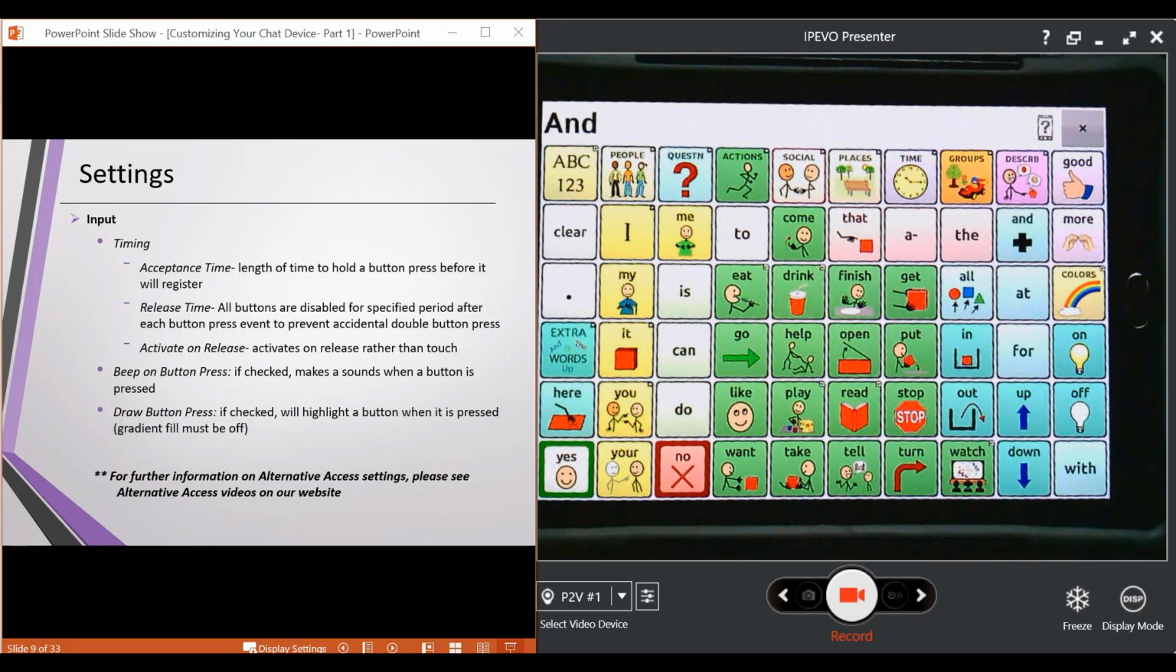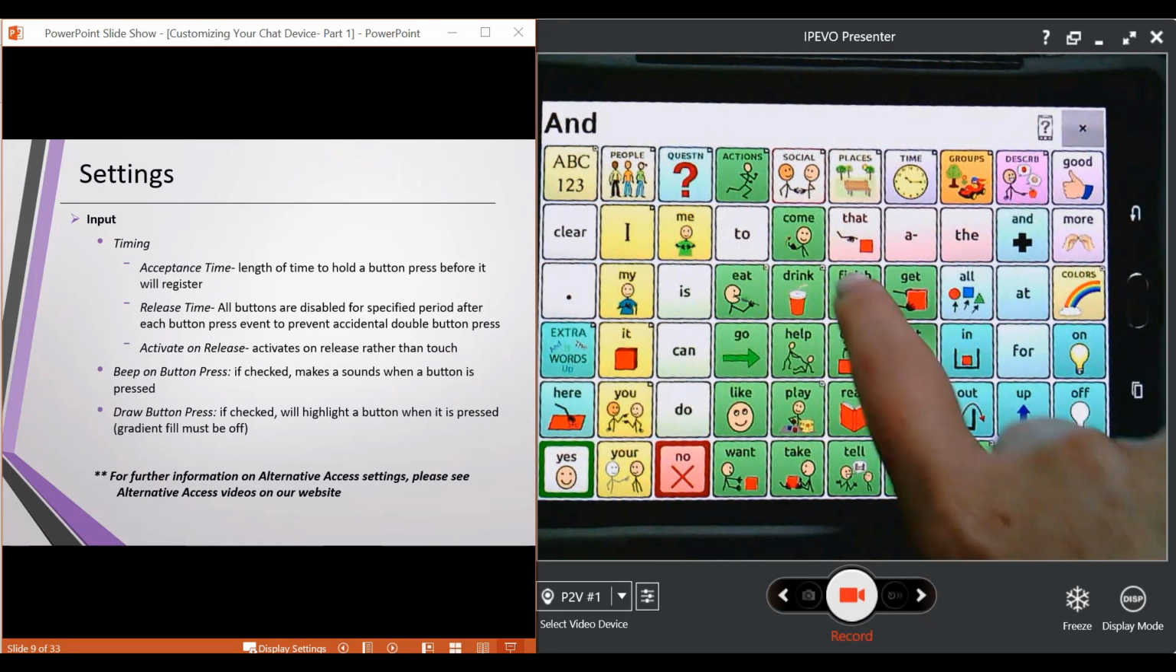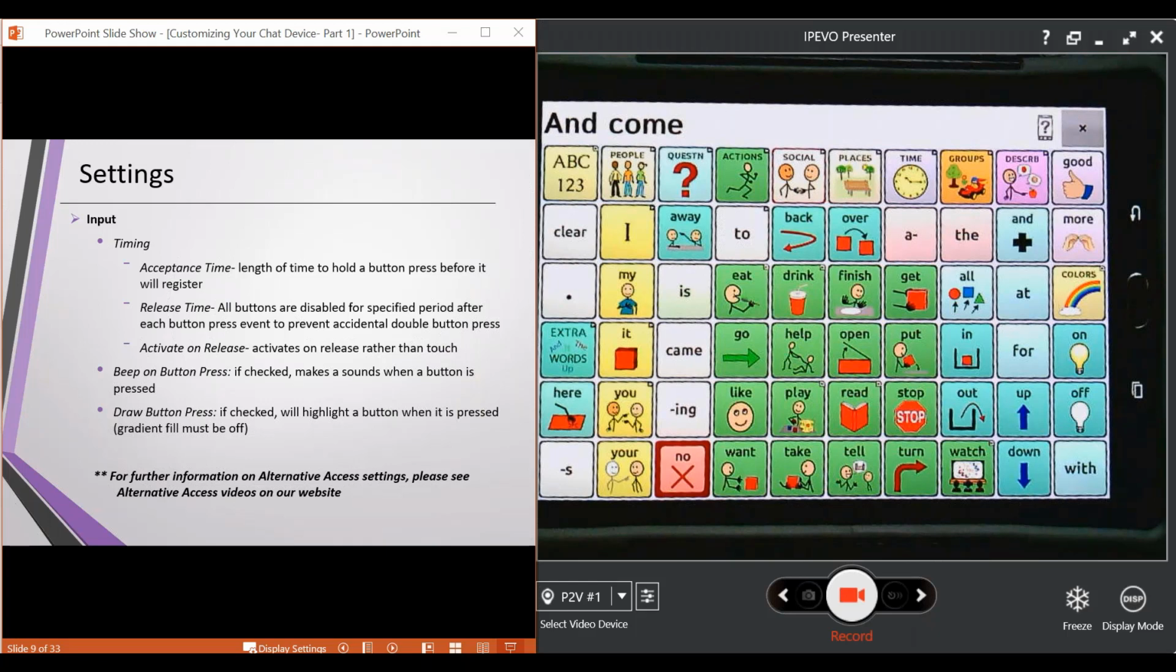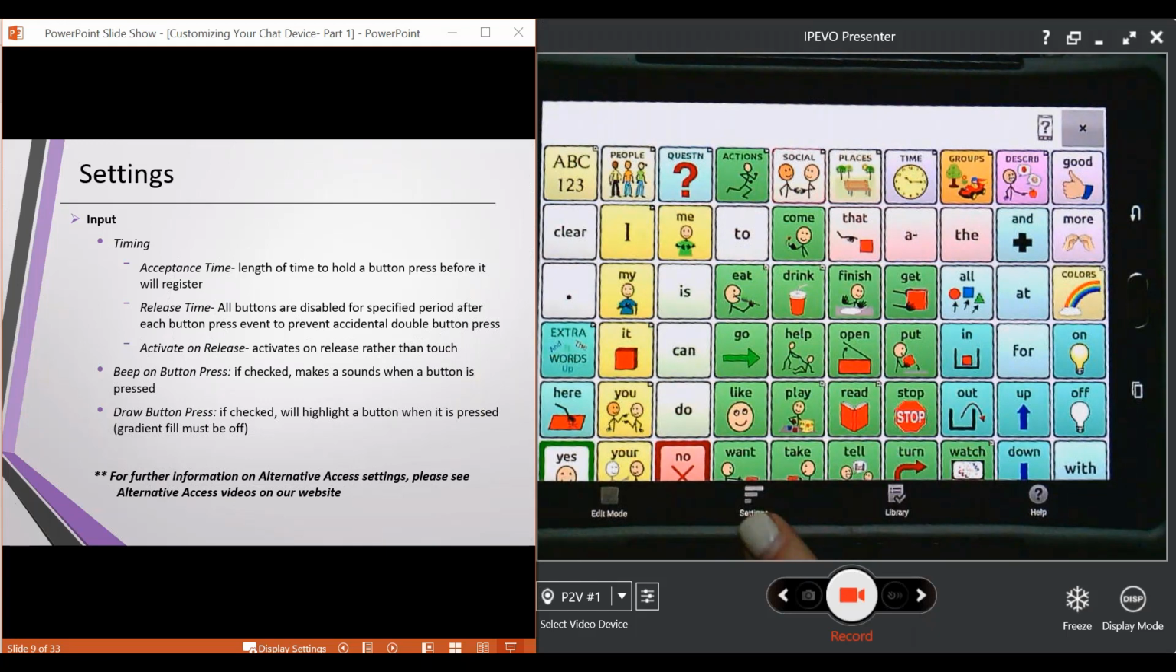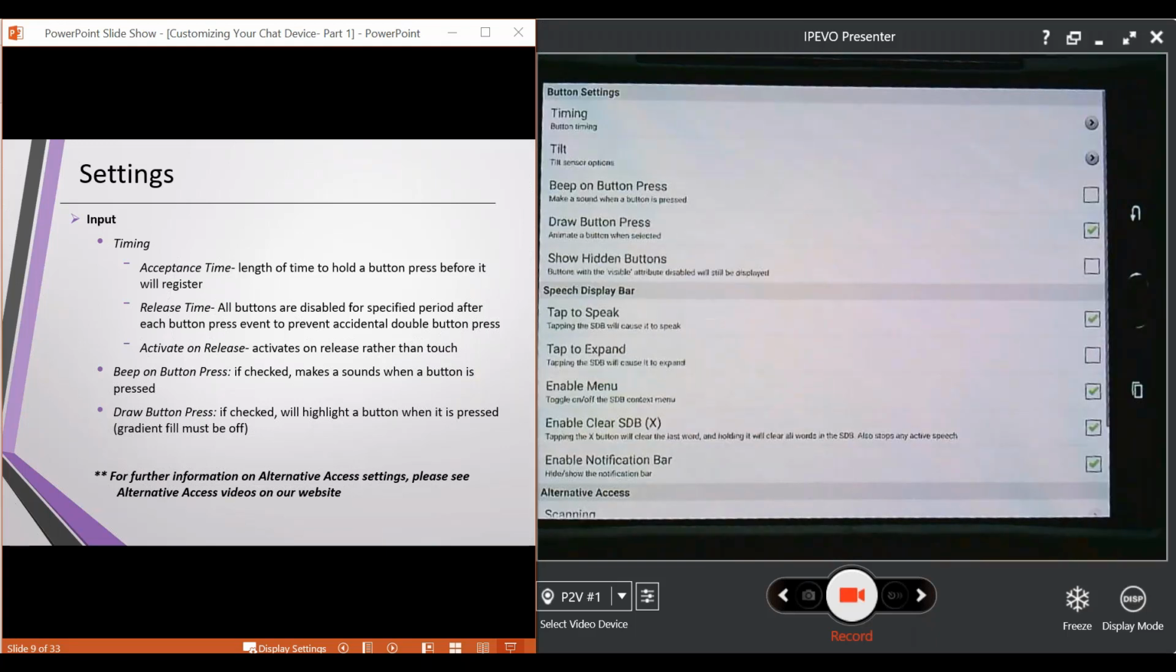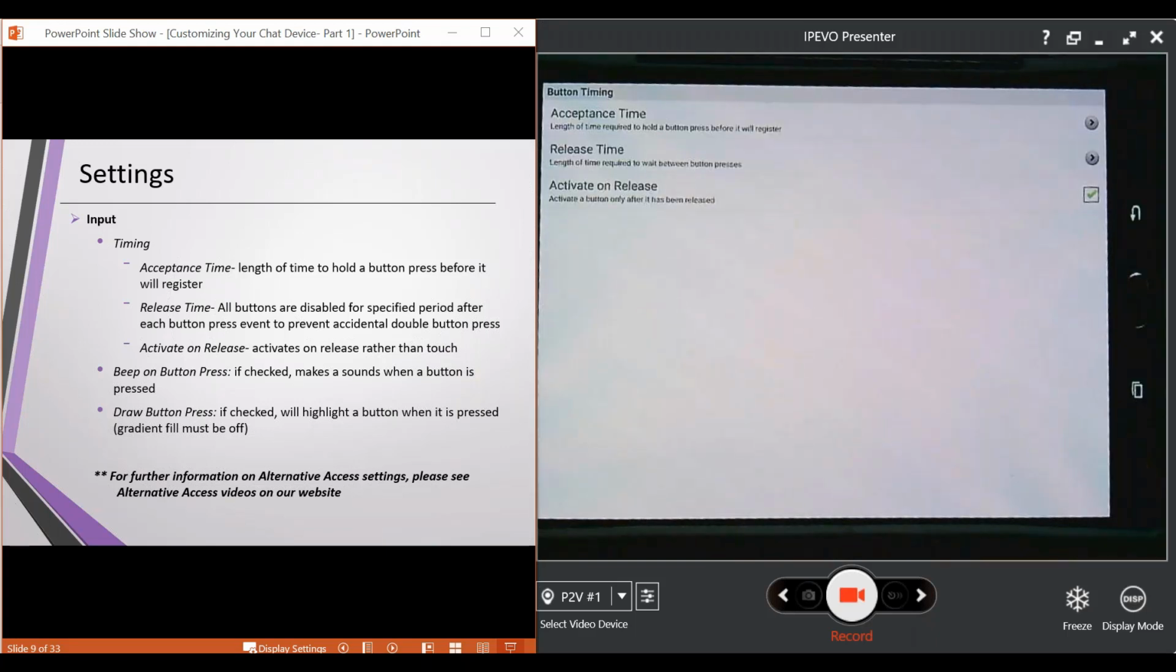So just to show you again, if I start down here in the corner and go up to my word "come." Okay. Now this is a really great feature for users that might have some motor impairments. Let me go back into my timing. I see this used a lot with kids that might have cerebral palsy or other users who have some sort of weakness